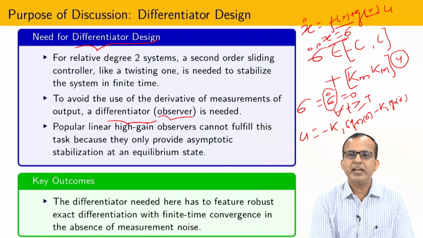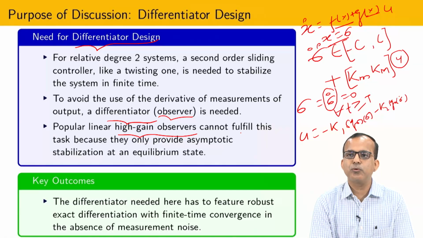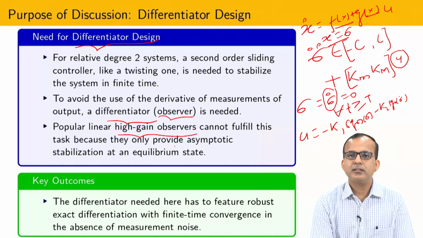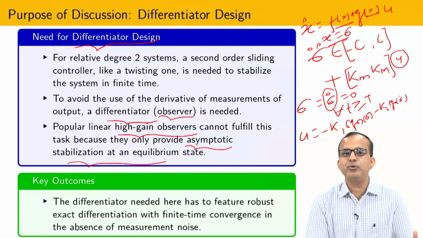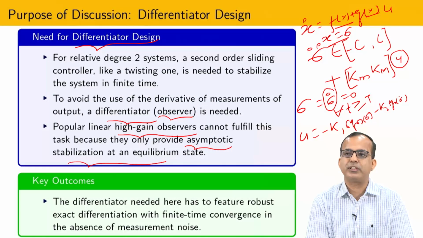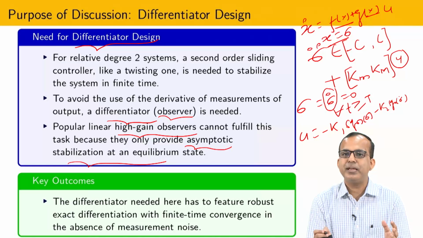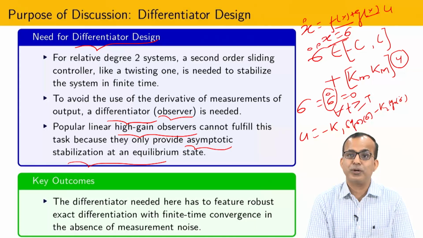You can see that a high gain observer, or high gain observer based differentiator, is also able to provide us sigma dot up to sigma r, but its differentiation process is asymptotic in nature. It means I have to design a finite time controller, but whatever differentiator I use is asymptotic, and that is somehow not matching, because the differentiator should be faster than the controller. That is the kind of requirement whenever we design control based on the differentiation process.